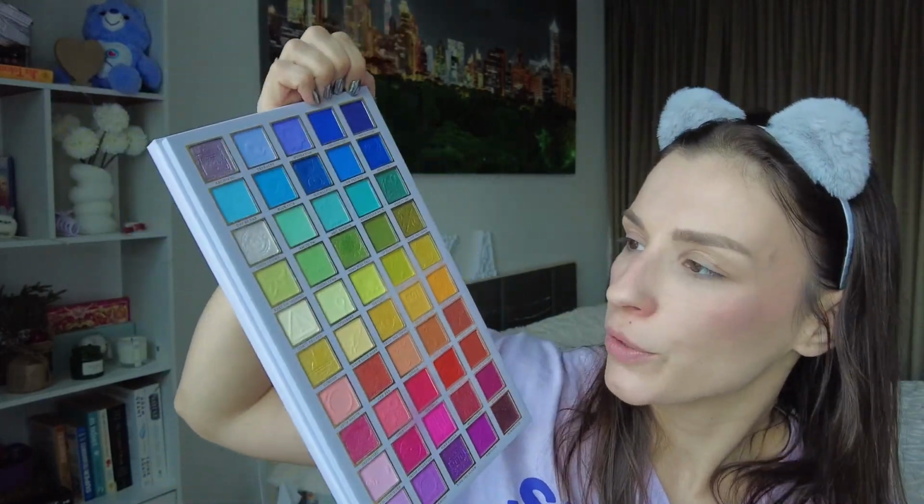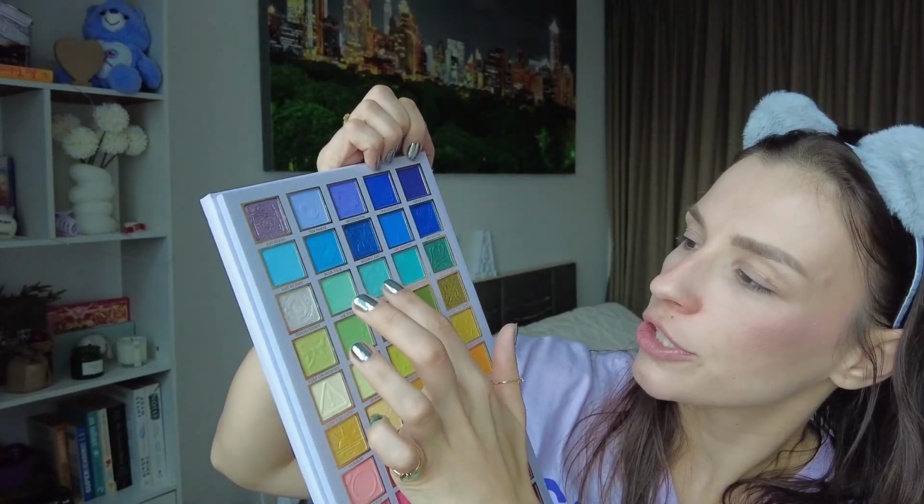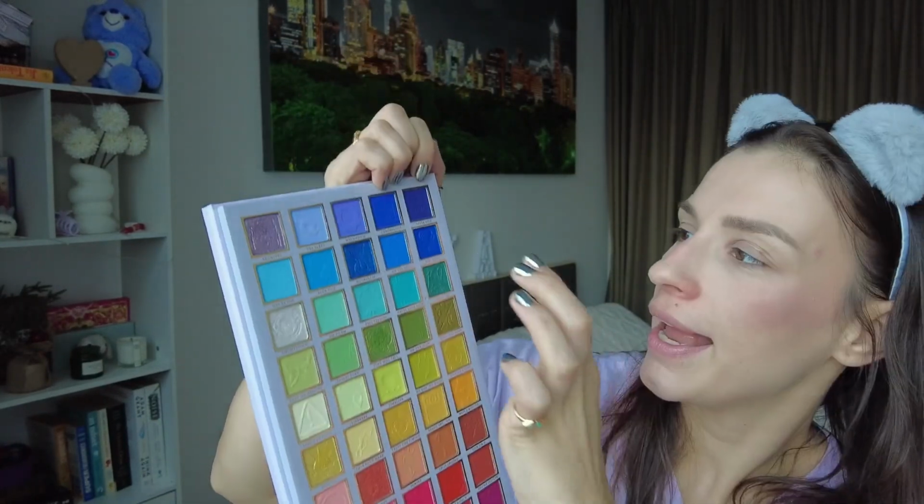So today we are going to be using Countdown, Clockwork, Best Version, Just a Slice, and Never Stop. I feel like I can easily make something good out of these colors because we've got how many? 2 beautiful shimmers, and one of them is lighter. So the lighter one definitely goes into the corner of the eye. Over here, like in the crease, I'm going to put Never Stop, obviously, because it's the darkest shade we've got